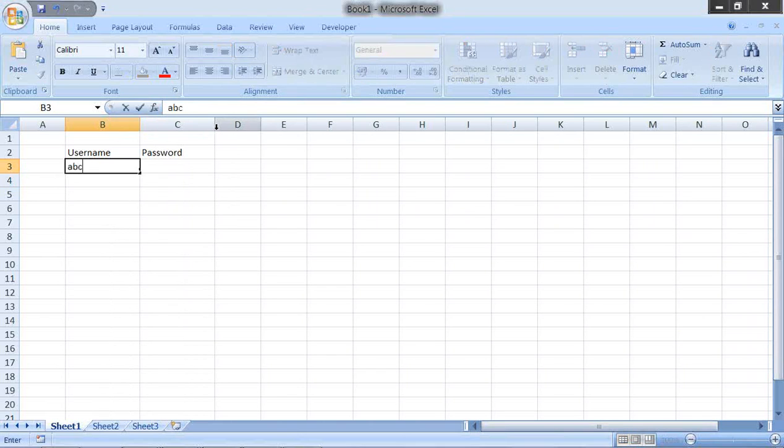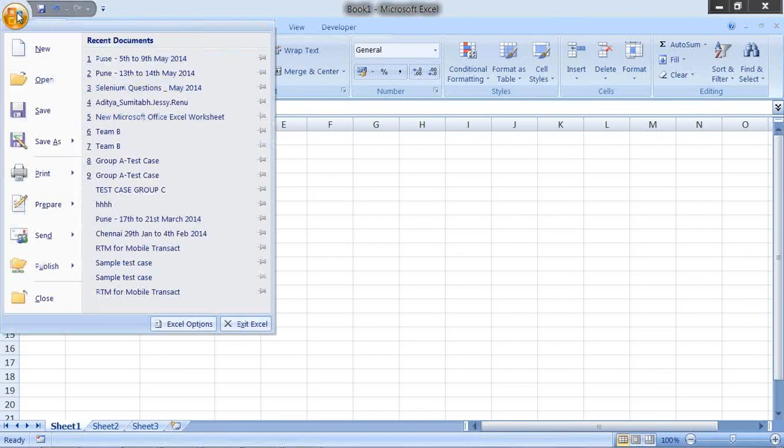Let me say ABC, and the password is the same, and AB12345, and the password is also AB12345, something like this. I have added only 2 sets of data here. I can give any number of inputs. There is no restriction on how many inputs I enter here.